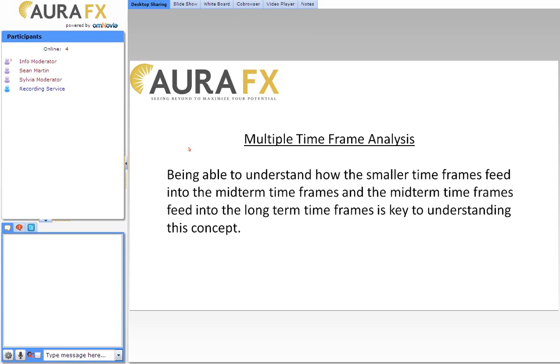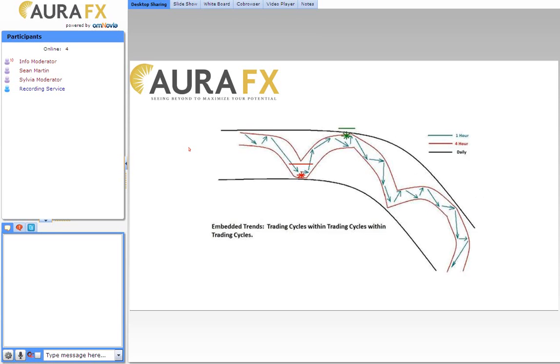Now this little graphic here is just a beautiful thing. This is really what it's all about. I want you to notice that the trading between the 2 black bands would represent what's going on the daily chart. The trading that's going on the 2 red bands would be the 4-hour chart, and the trading that's going on with the green arrows would be on the hourly chart.